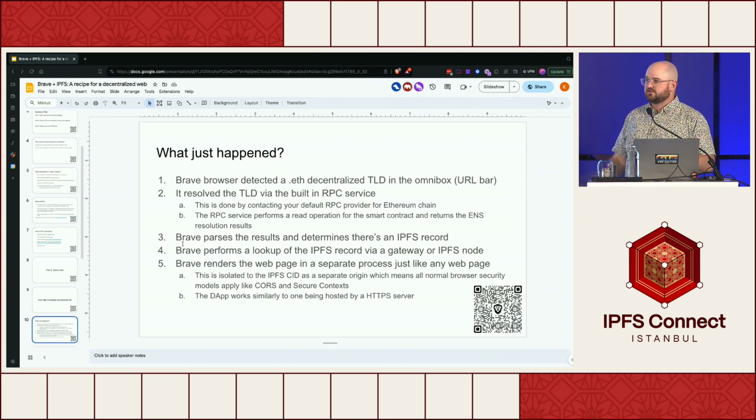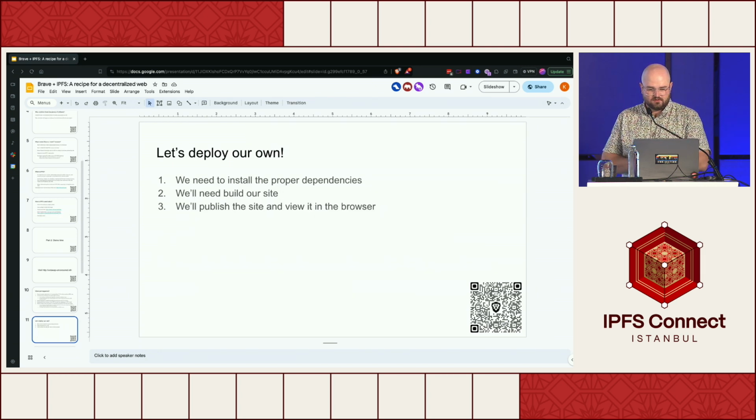So this enables the capability to have a front-end service where you're recording a video, and then maybe you republish that video onto IPFS. Those capabilities and paradigms become possible all within the web browser. And so this DApp works similarly to one being hosted by an HTTPS server, but the backend architecture is slightly different. So this is the final step.